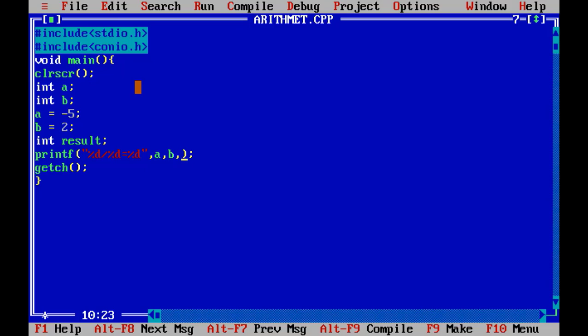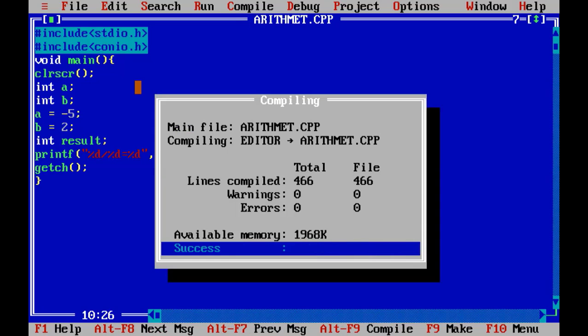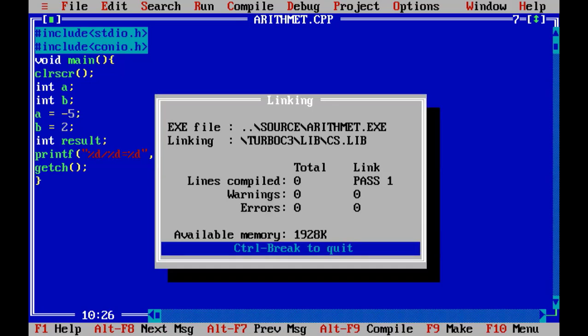Minus a, which is variable a, and what is our denominator? Denominator is b, which is 2. So minus 5 divided by 2. Numerator is negative, denominator is positive. Now let's check the output. Let's save the code, compile the code, and execute the code. Here is the output. Minus 5 divided by plus 2 is equals to minus 2.